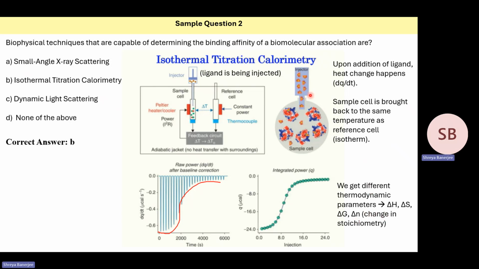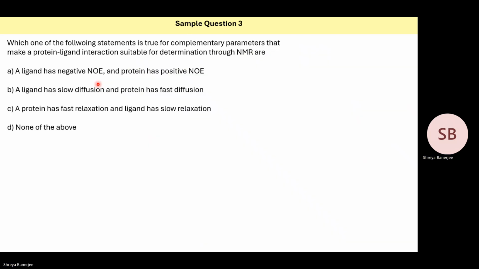So you will be able to determine the binding affinity as well. So the correct answer is B, that is ITC. Then you have a question: which of the following statements is true for complementary parameters that make a protein-ligand interaction suitable for determination through NMR? So we know